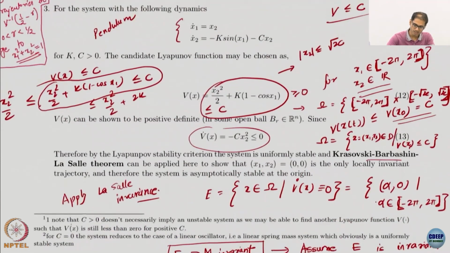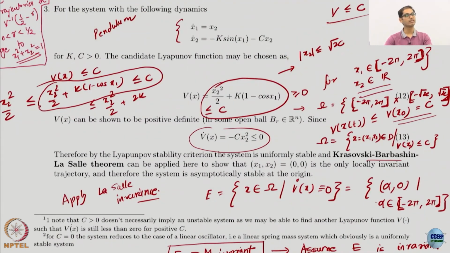But the velocity is restricted, there is a restriction in the velocity, although in reality, theoretically I can start at any velocity and I will converge to one of the two equilibria for a pendulum. In fact, I will converge to this equilibrium only, I will never converge to this equilibrium. If the velocity is anything but 0, I will converge to this equilibrium only. So in fact, any velocity is allowed in reality, but I have only been able to prove this much, okay. So there is a caveat. Even LaSalle invariance does not let us prove what we know in reality, but this is more than